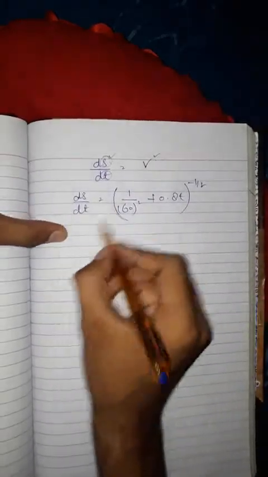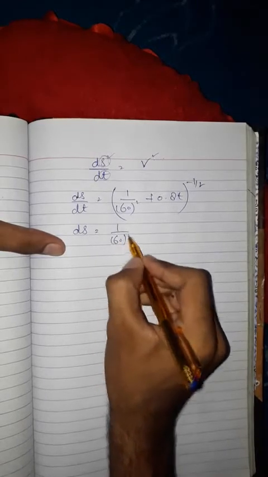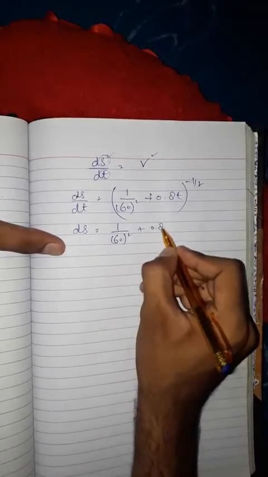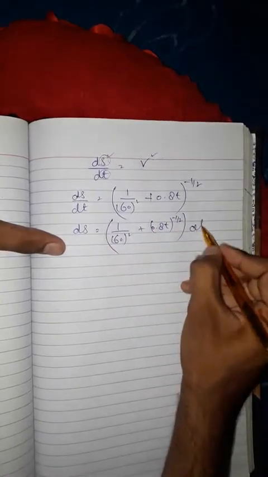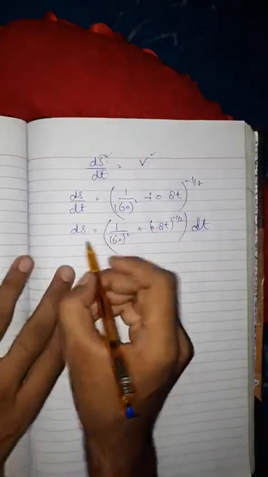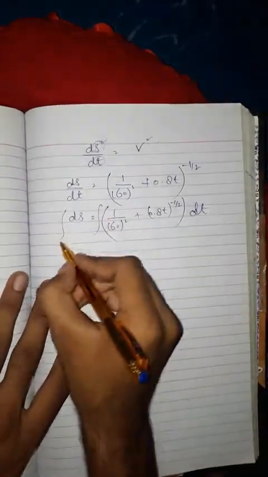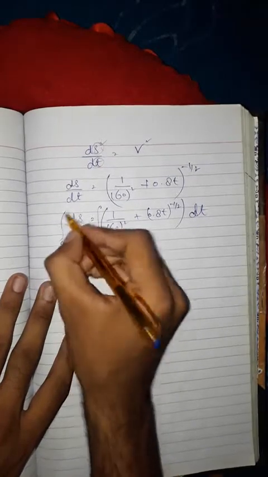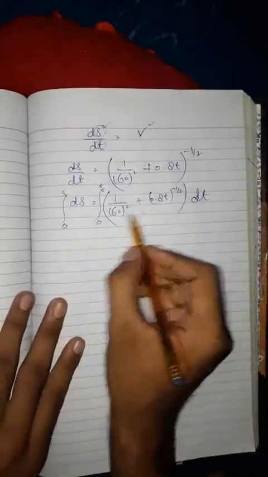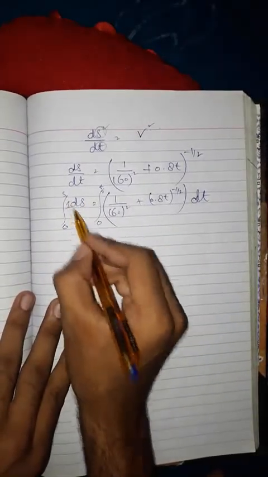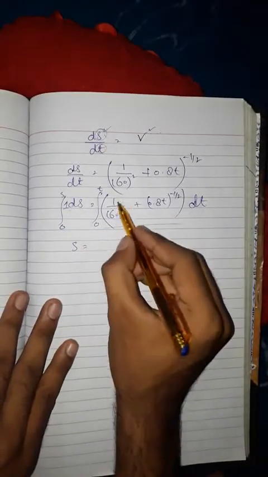Now by separating variables, to remove this derivative, we will take integration on both sides. The distance varies from 0 to s and time varies from 0 to t. So the integration of 1 will be s, and this is a constant term,